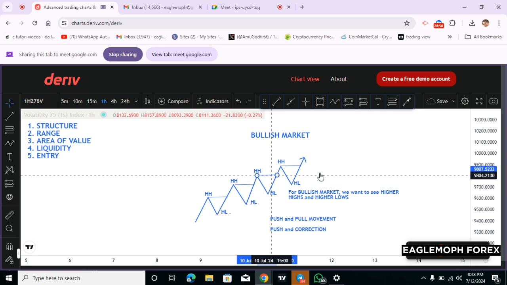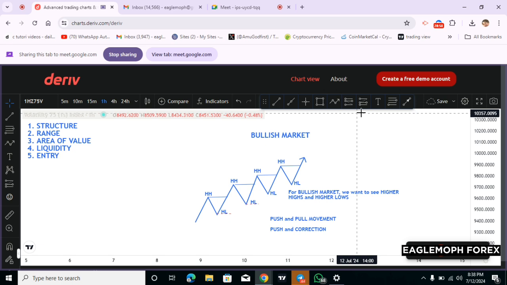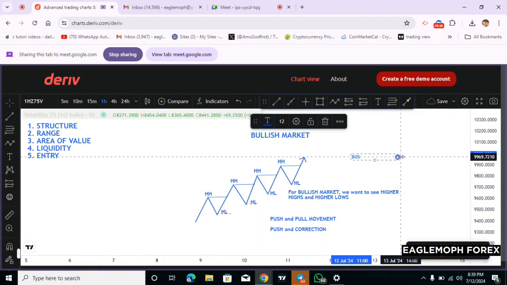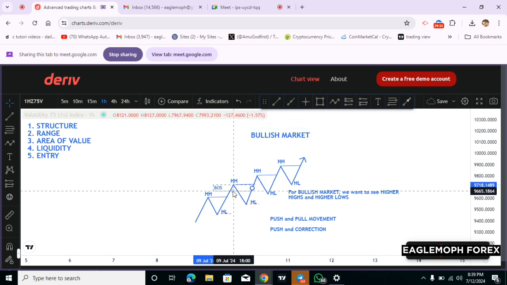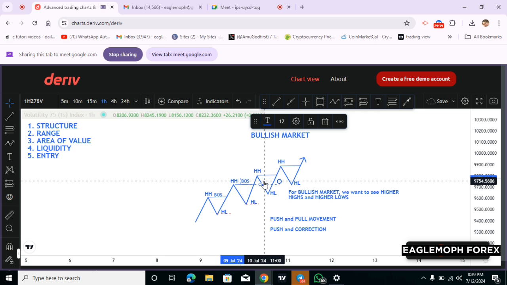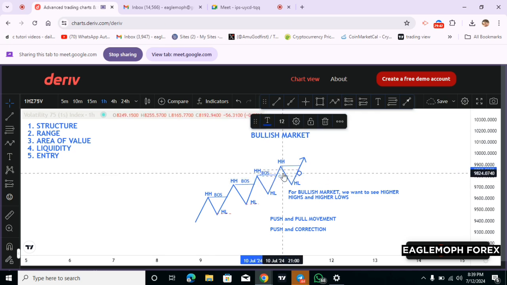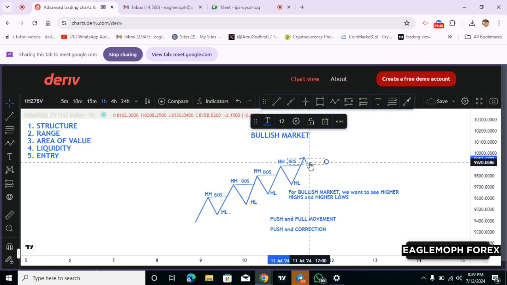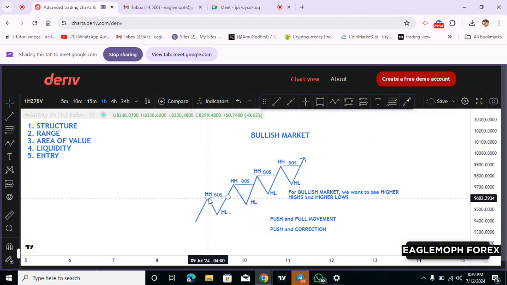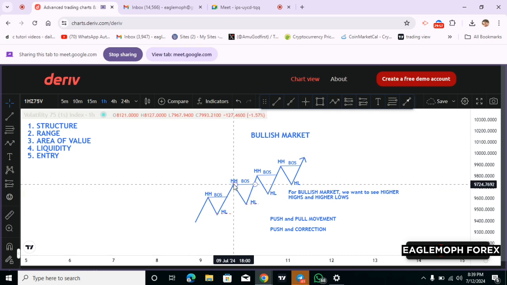So let me see. Let me write something out. So want to see the structure being broken. We call it break of structure. So BOS simply means break of structure. So the structure that the buyers are creating, want to see that these higher highs are being broken to the